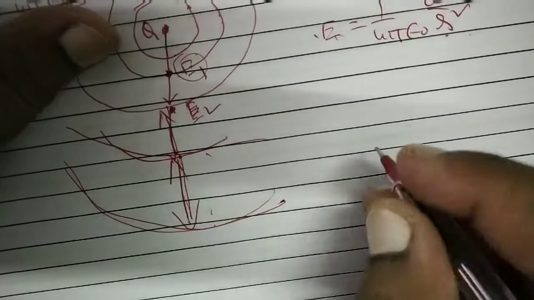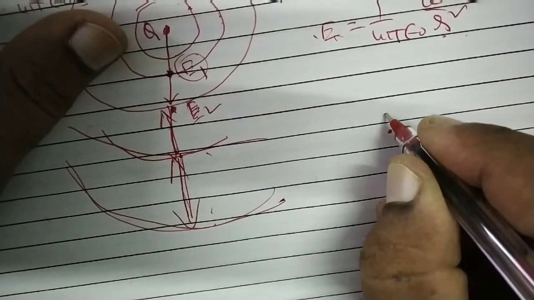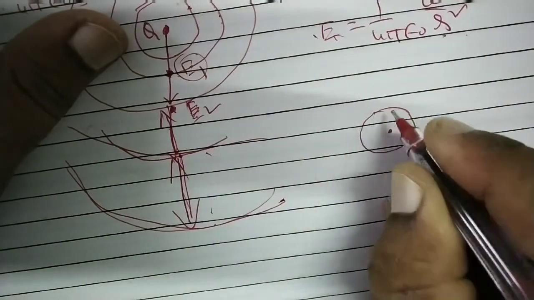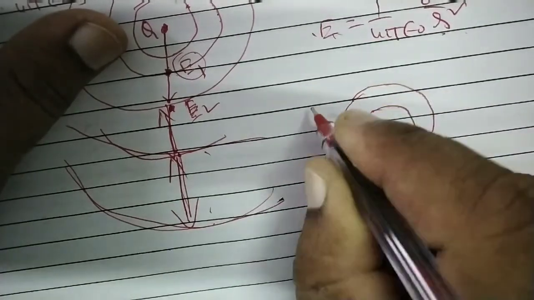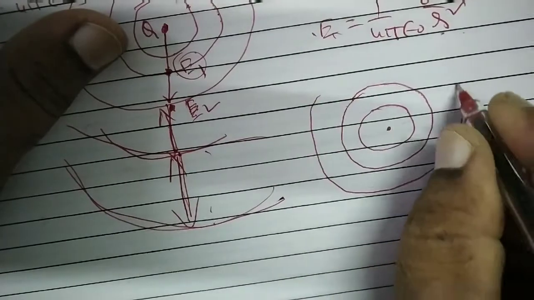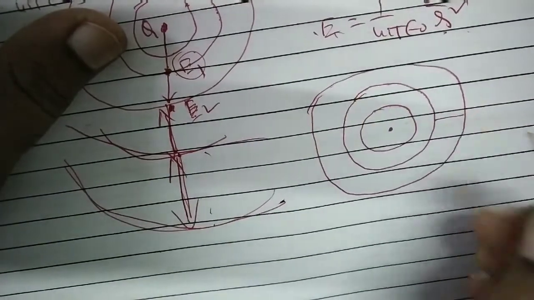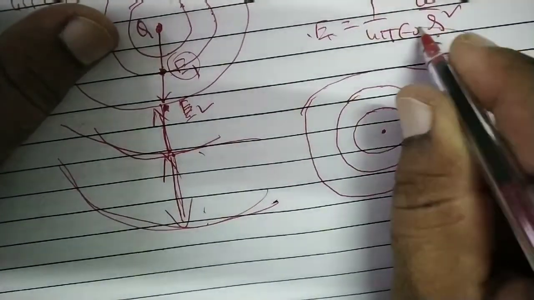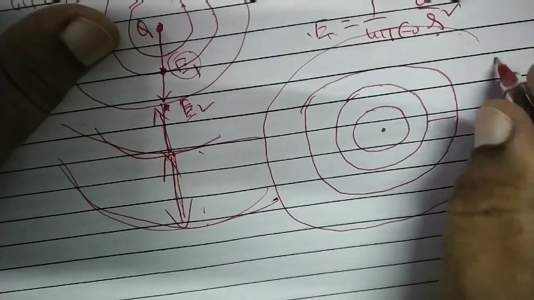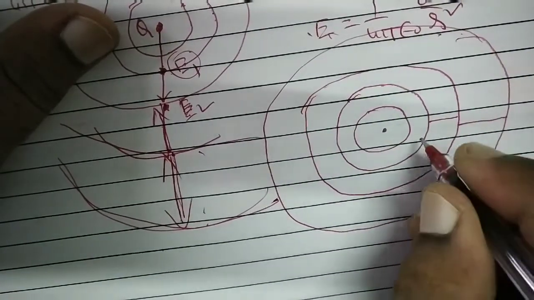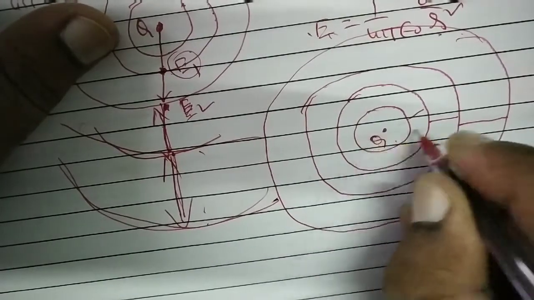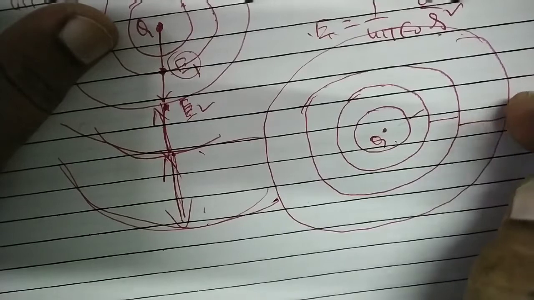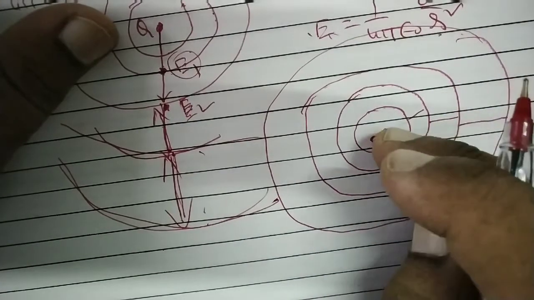That is why, if you check the diagram of EPS due to a point charge, the first sphere is this, the next sphere is this, the next sphere with more separation, and one more sphere with still more separation. This is less, so the separation should increase. In such a way, this is the diagram of spheres. Every equipotential surface is a sphere in case of a point charge.